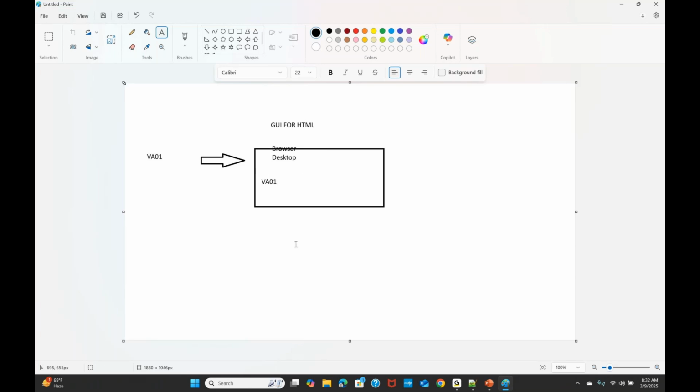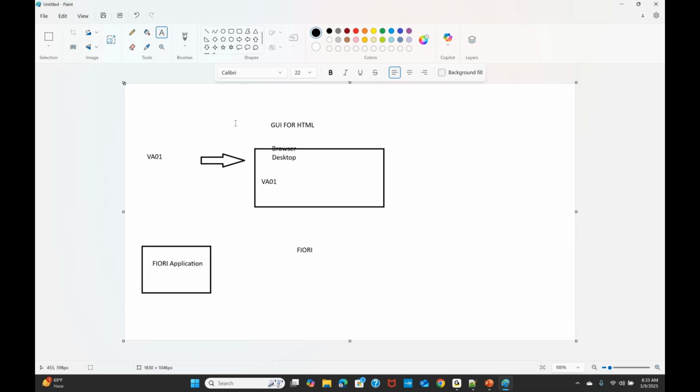Now coming to Fiori. SAP has not converted it, they developed it from scratch. Whatever functionality VA01 is doing, they developed a Fiori web application from scratch.